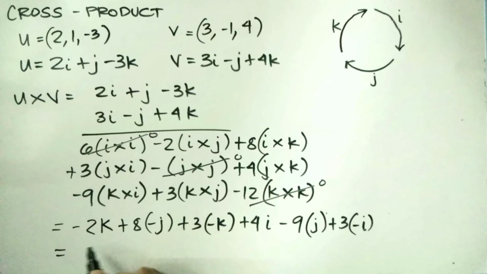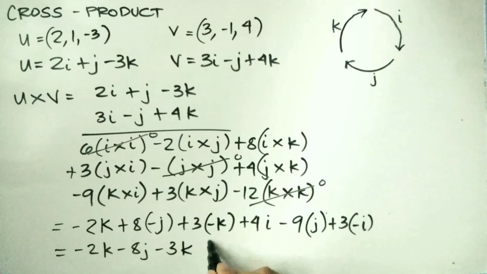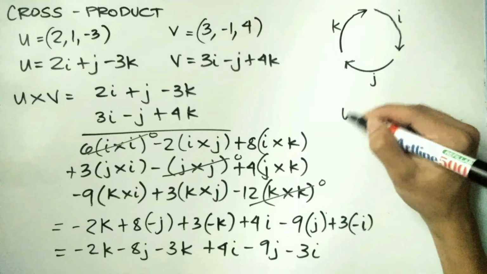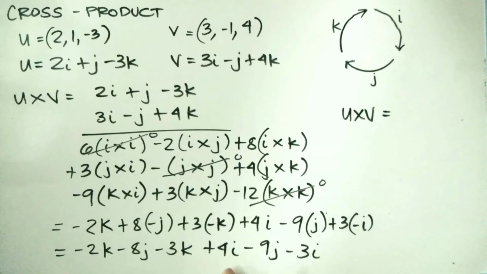Simplifying, we will have negative 2k, negative 8j, negative 3k, plus 4i, minus 9j, minus 3i. So simplifying further, we have here u cross v is equal to, combining like terms, 4i